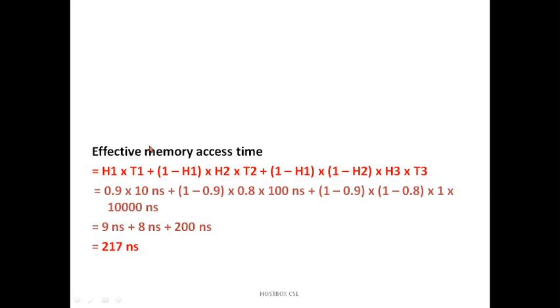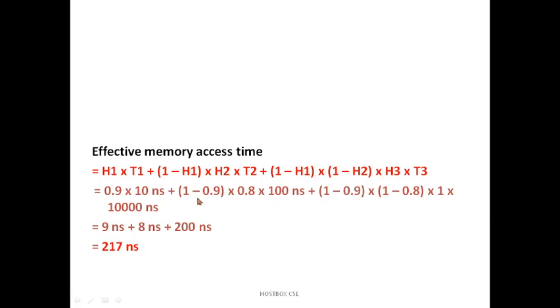Why do we need this? Because there is no guarantee your data will be available in level 1 only. If it is in level 1 you can stop there, but if it is not there, it goes on simultaneously to level 2. So we need the factor 1 minus h1. Also we have to search with h2, and the time taken to access the data is T2, so h2 and T2 and so on. Suppose it is also not available in level 2, you continue the search in level 3. That is how we extend the formula here.